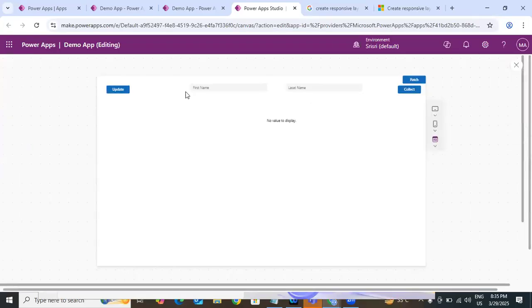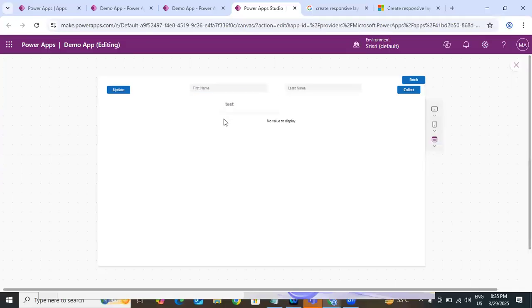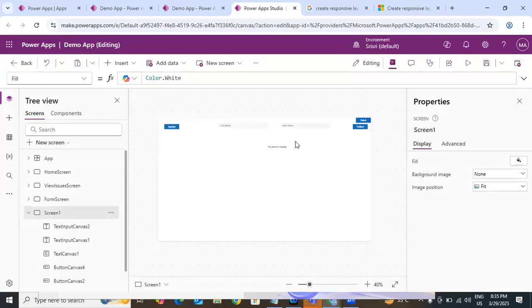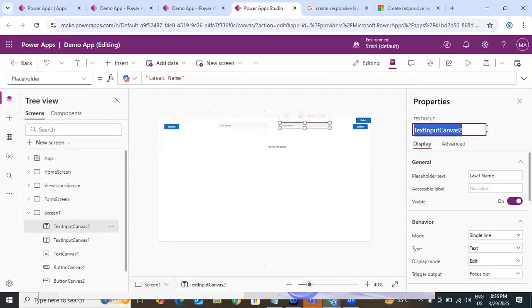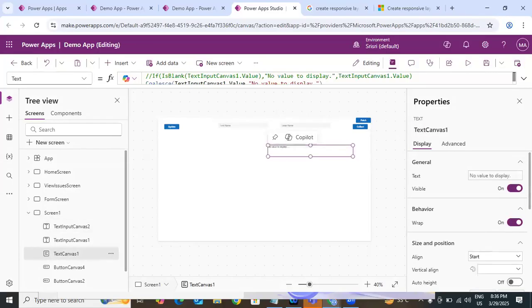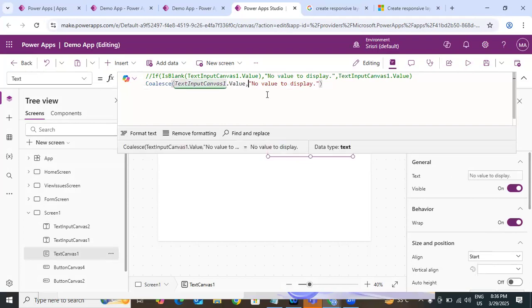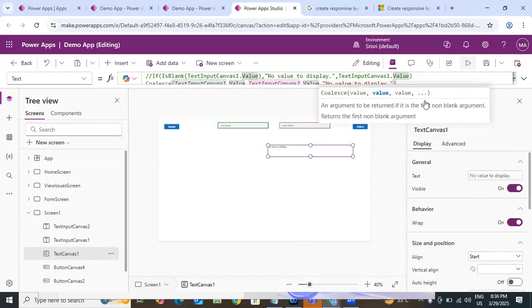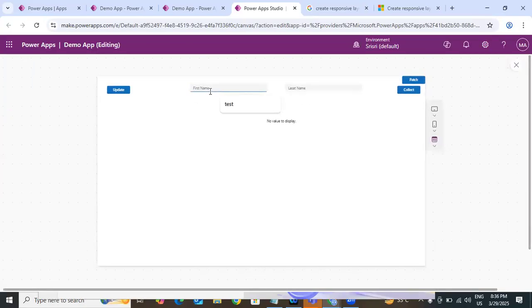These are the two. Let me show you. If first name is what it will return, dot value I'll return. Okay, I will enter